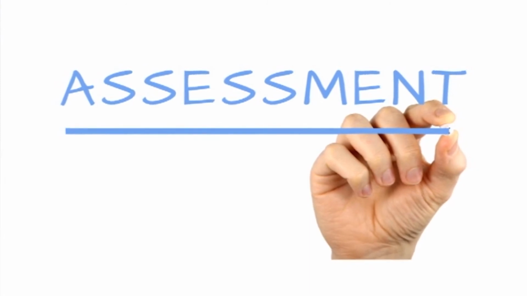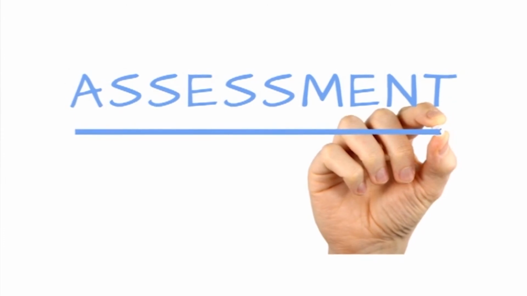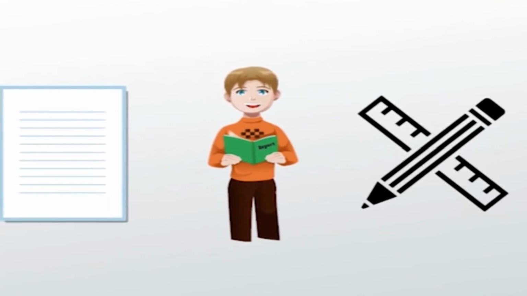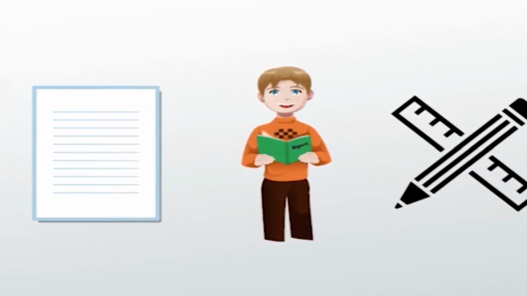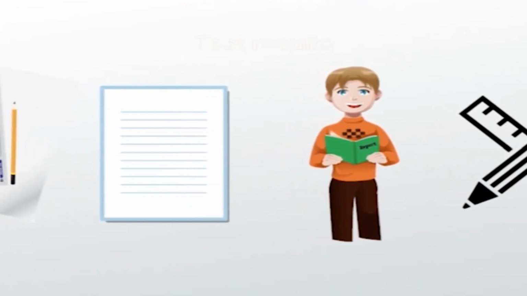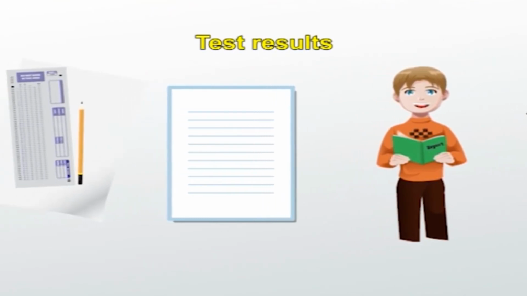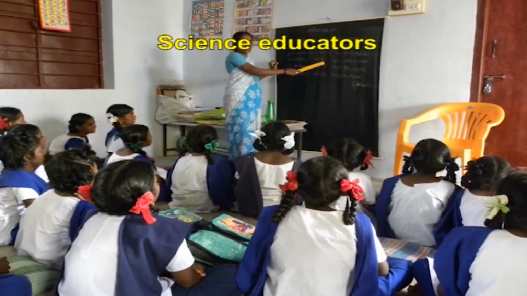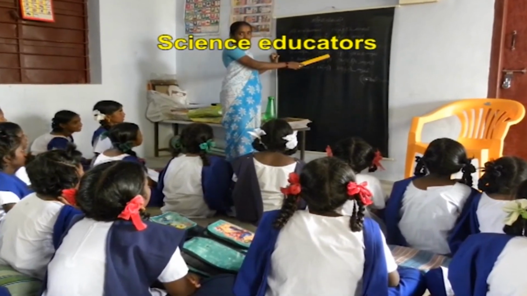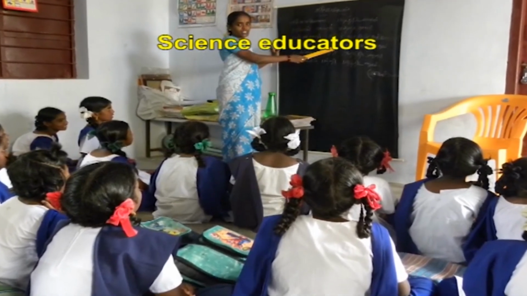Instead, it should be considered as a vehicle for helping the students evaluate their strengths and weaknesses. One very important point that teachers should keep in mind when testing students with visual impairment is making sure that test results reflect their knowledge and skills, not their disabilities. Science educators should address alternative assessment methods for students with visual impairment in pre-service teacher education.